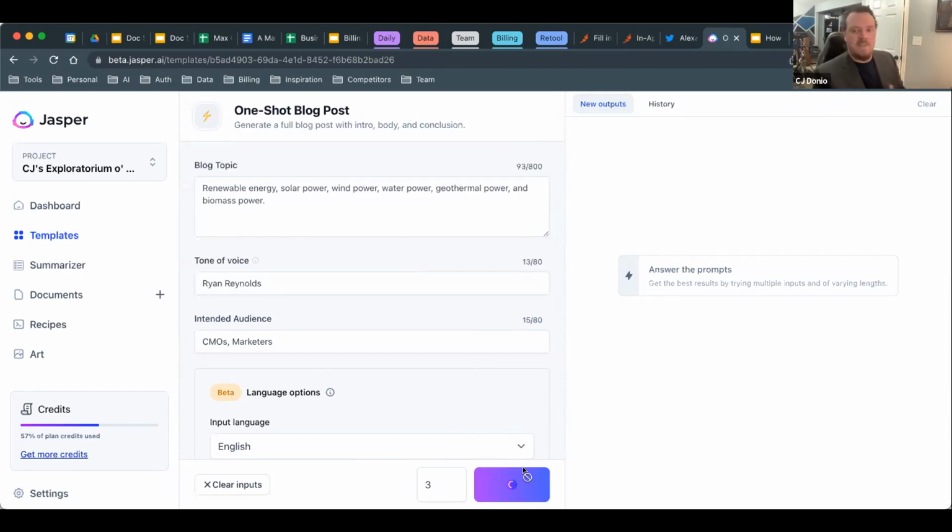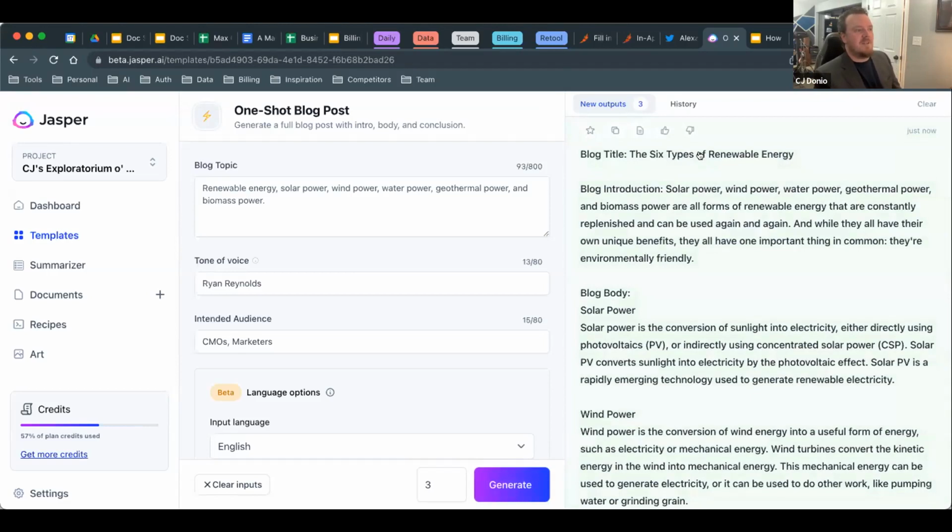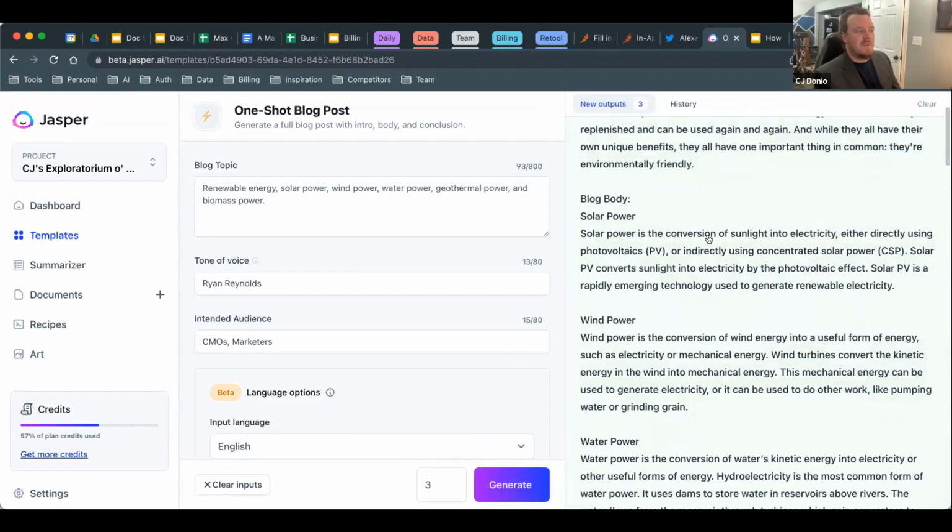But this is one of 60 plus templates that we have in our library that you can use. Another really cool one I'd recommend for new marketers is the ADA framework. If you're familiar, I'm sure you all are. Really, really awesome. But you see here, he gave me a blog title. He gave me an intro. He gave me a body, right?